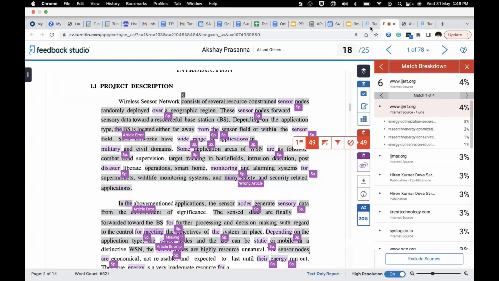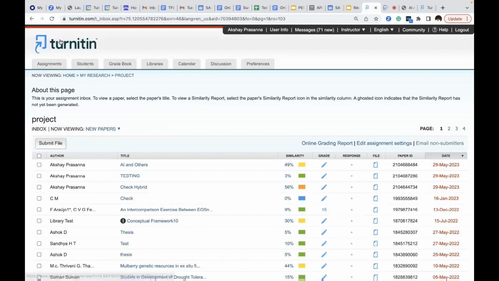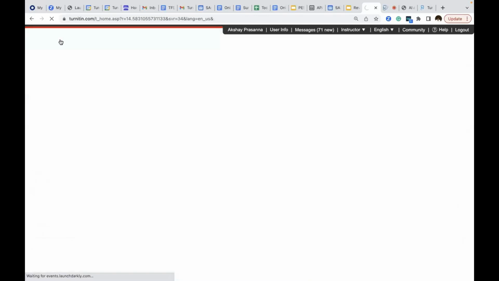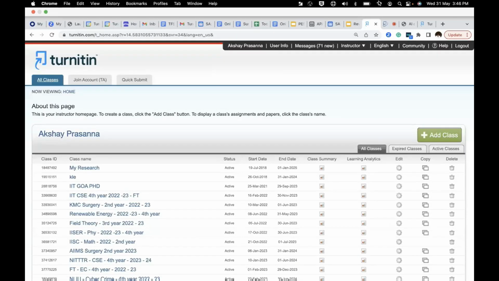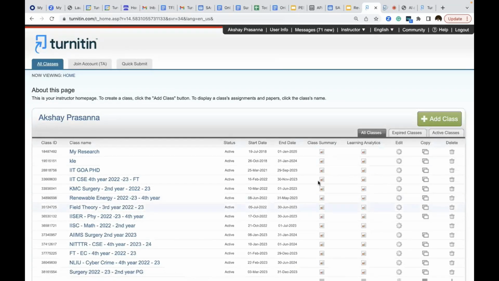Now let me take you to the home page. I'll show you how you create a class, how you create an assignment, how you do the settings and stuff like that. When you come to this account for the first time, you will not be able to check any documents directly. You need to create a class first, add class. So when I click on add class,